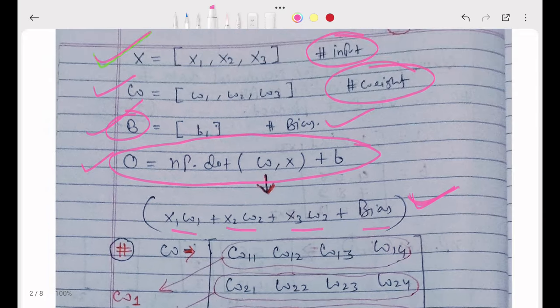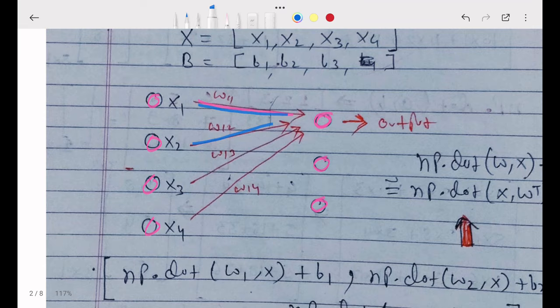Suppose I have this structure and I have a total of 4 inputs: x1, x2, x3 and x4. Now my outputs are output 1, output 2 and output 3. According to the output I will get some weights. For output 1 these are w11, w12, w13 and w14.